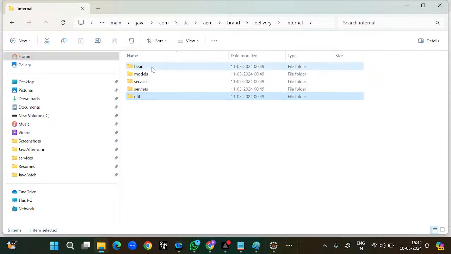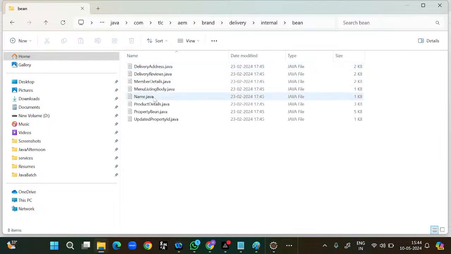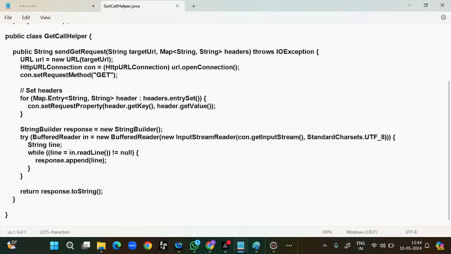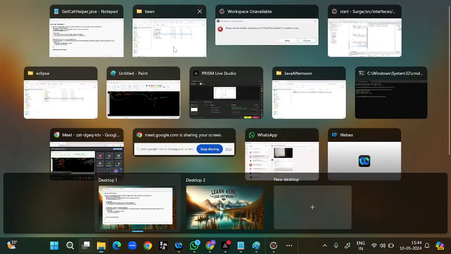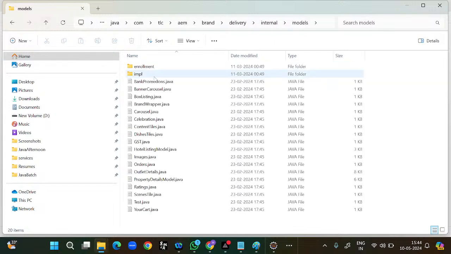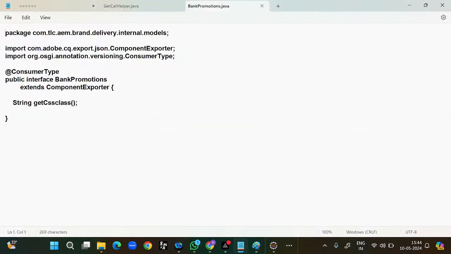There we can observe name.java. Yeah, you can observe here. These are the interfaces. I will open this one. If you observe,